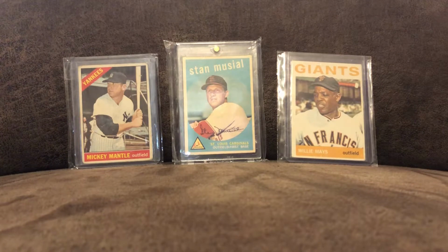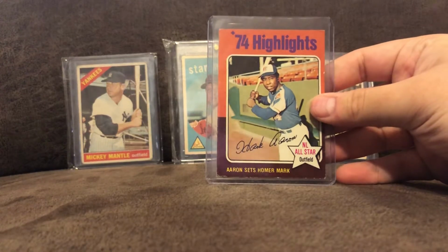And this was right after the card show. My dad gave me his set of 75 Topps, and I'm going to show you guys the main stars and all that. Here's a Hank Aaron,